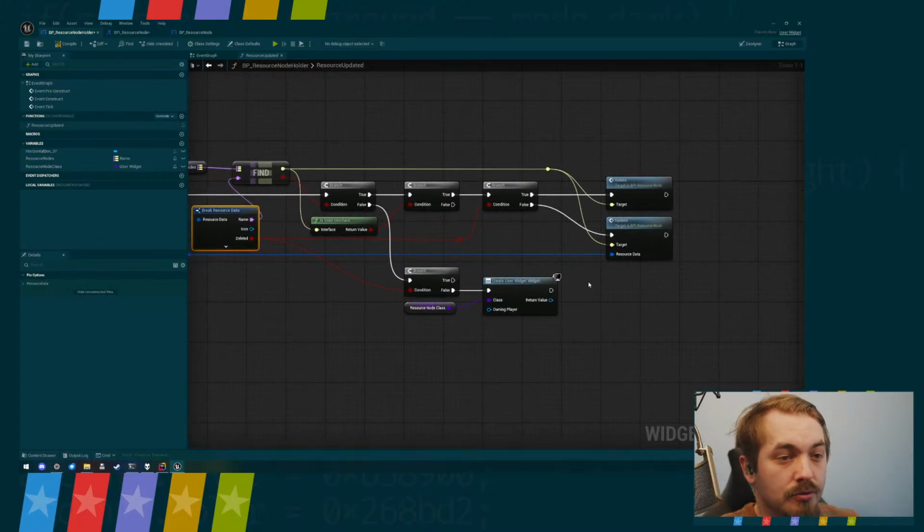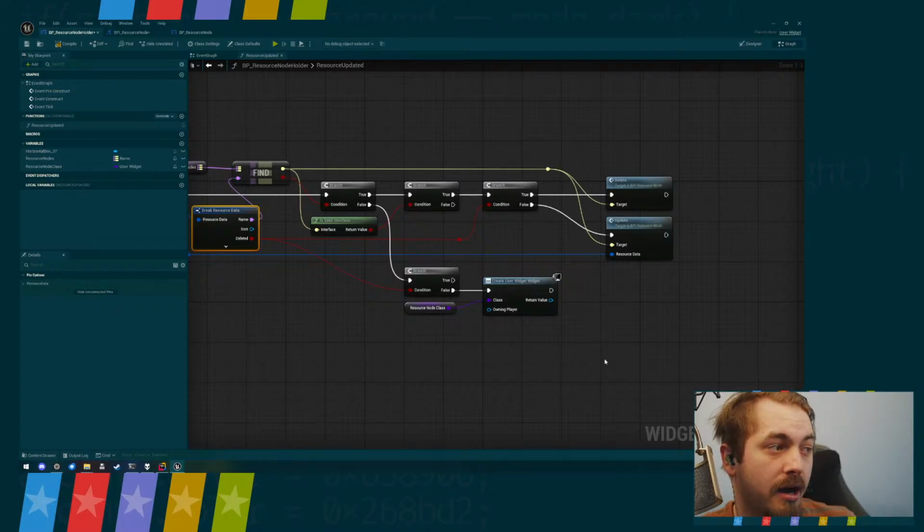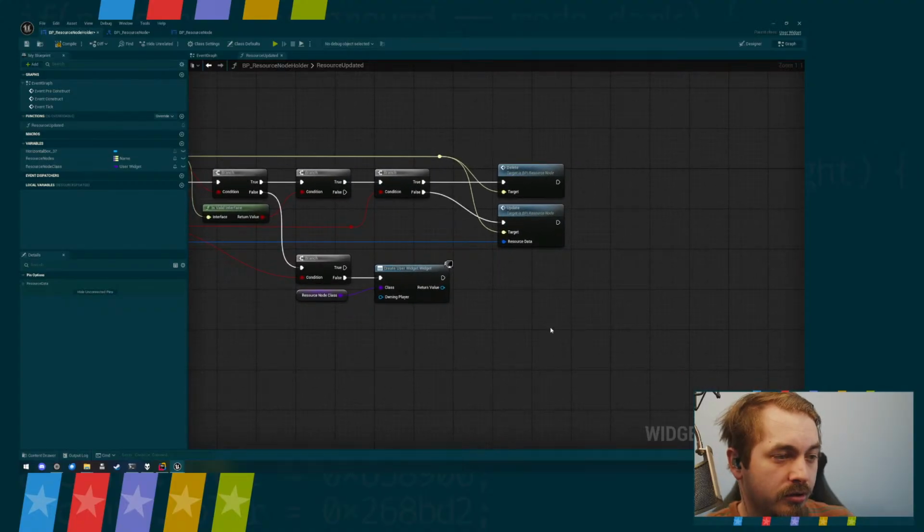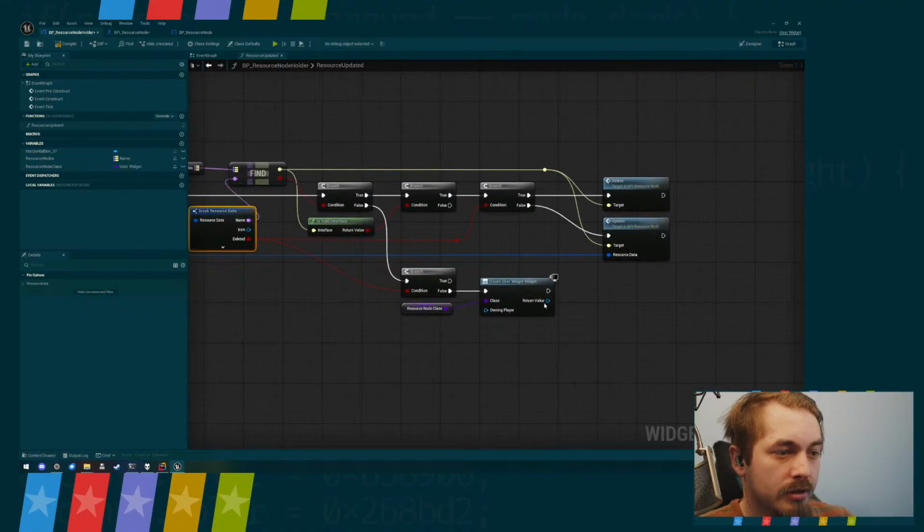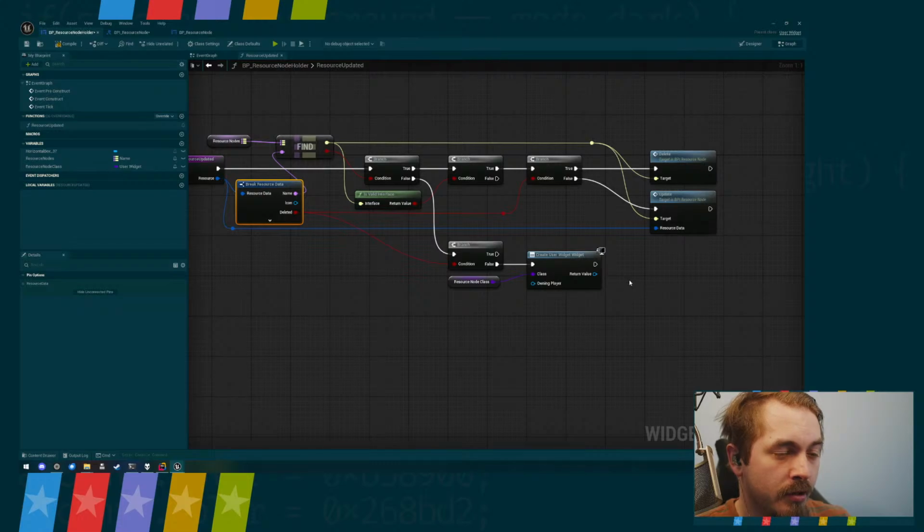And then we need to add the widget to our horizontal box here. So